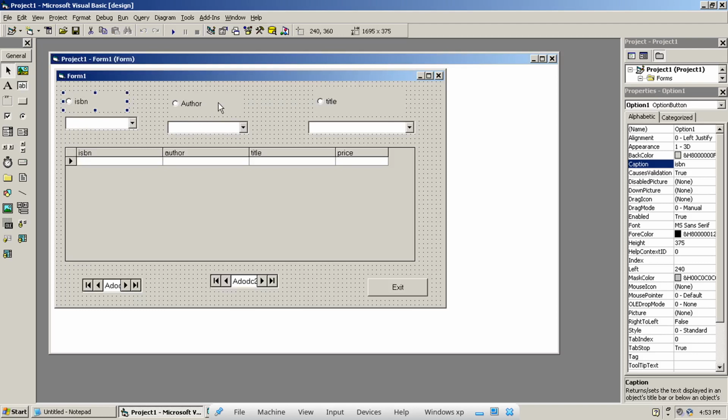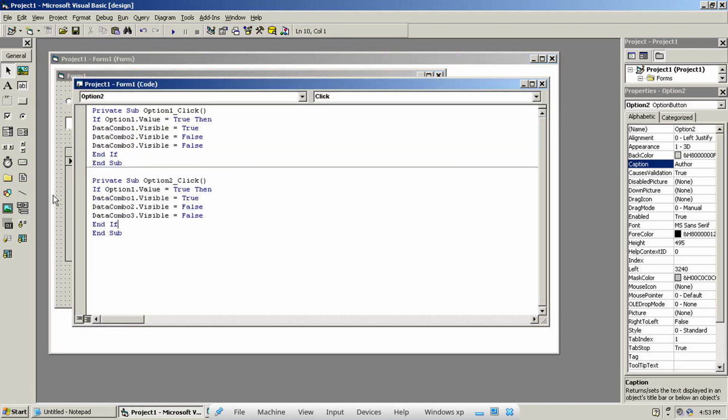So now when I click author, when option 2's value is true, I want only data combo 2 visible. The rest should be false. Right?